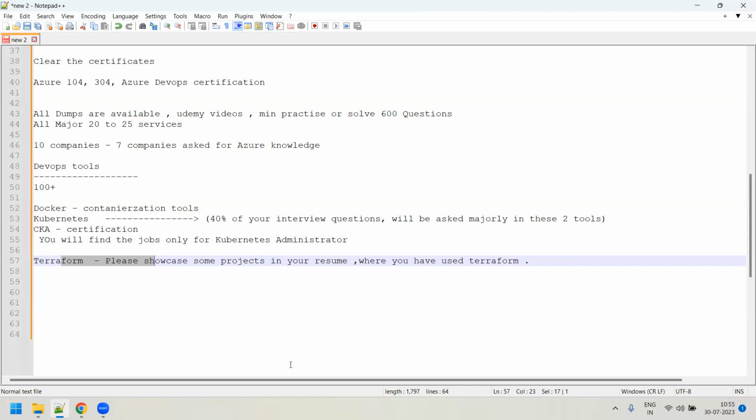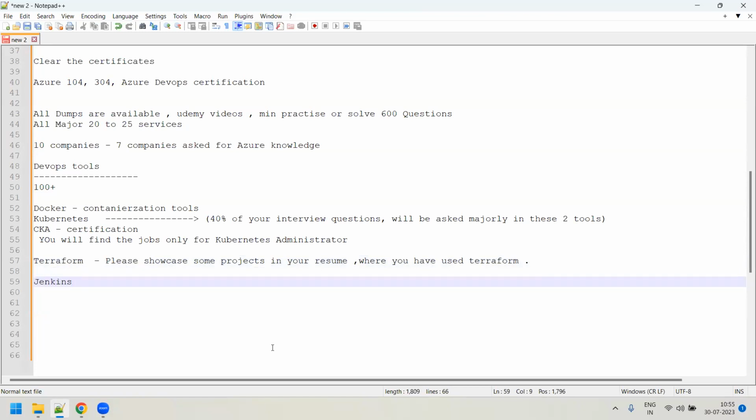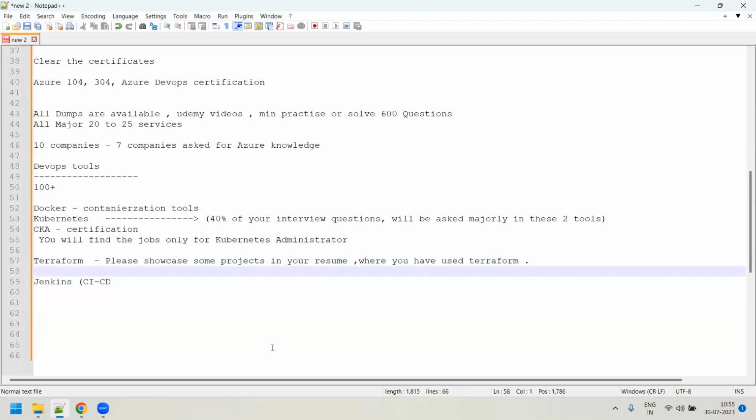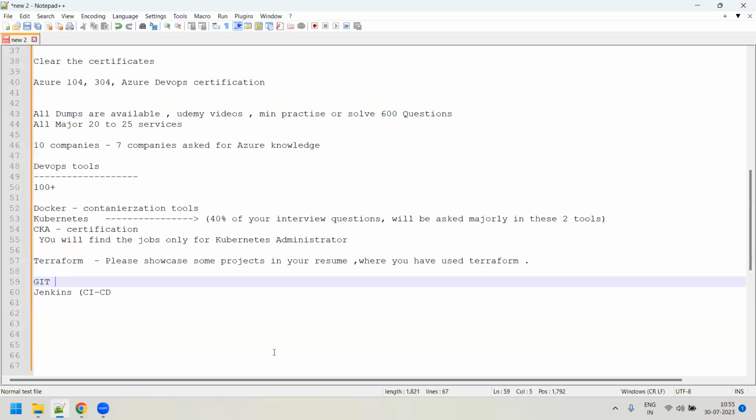Clear? And after this, guys, the next important thing is your Jenkins. You know that Jenkins is a CI/CD pipeline tool. You need to have good knowledge on Jenkins also. But before Jenkins, you need to have knowledge on Git. Git is one of the source code versioning tools, you know that. You need to have optimal knowledge on Git. It's not that you need very in-depth knowledge, but in some interviews they ask you a lot of detailed things about Git also. You should be able to answer those questions also.